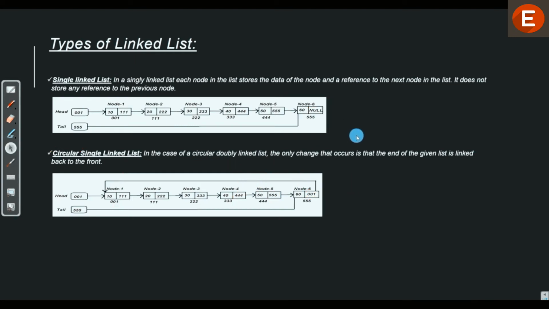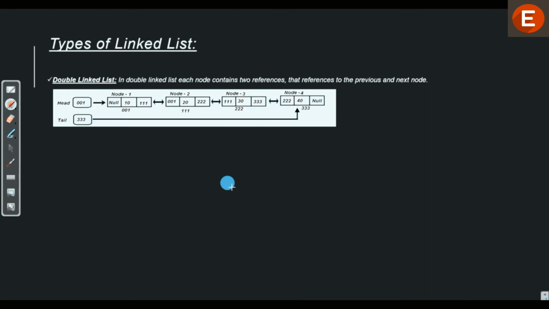Now let's see the third type of linked list, which is a double linked list. There is a small difference between how a double linked list works versus a single linked list. The difference is the way the nodes are organized.